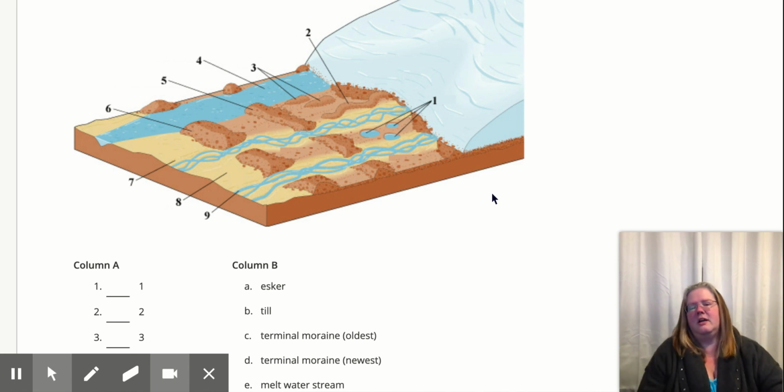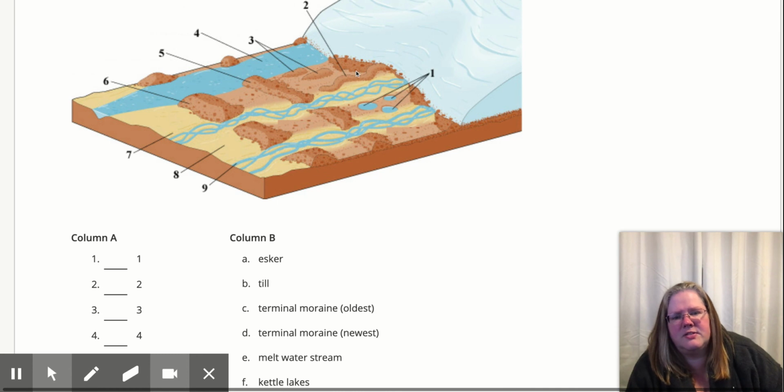So if we look here, we've got our eskers, our meltwater streams. Here's a moraine, but this is our terminal moraine, the farthest which it would have gone, the oldest one. This would be the newer moraine. Here are my drumlins. This is our meltwater streams. This could be considered a glacial lake if you wanted to, or a kettle lake. So here's maybe some start of some,